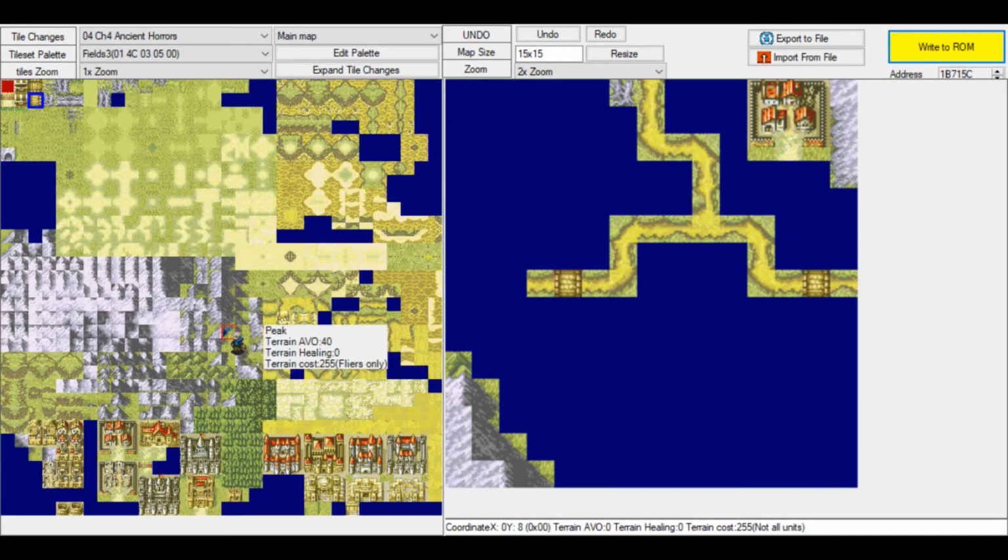Let's make a bridge here, and then move the river over here. Make it go up again. And then, let's do this. And then the bridge ends here. That's where the water ends. So that's our river now.